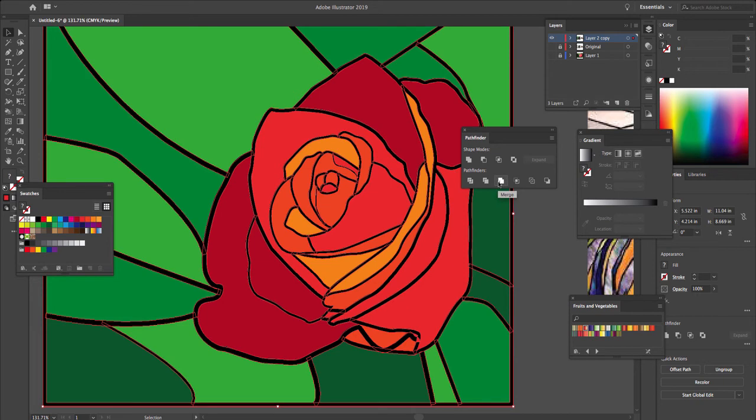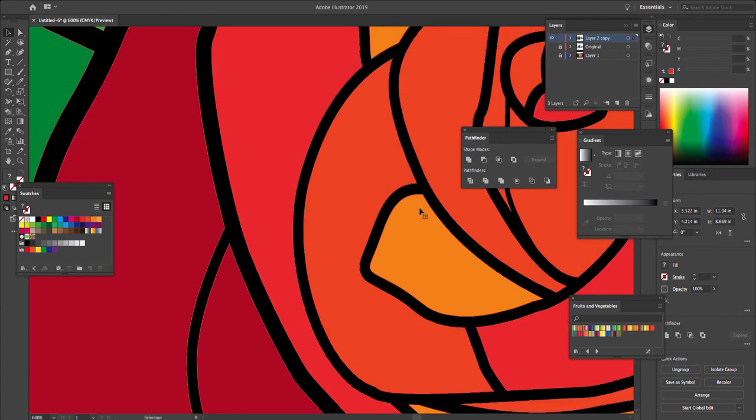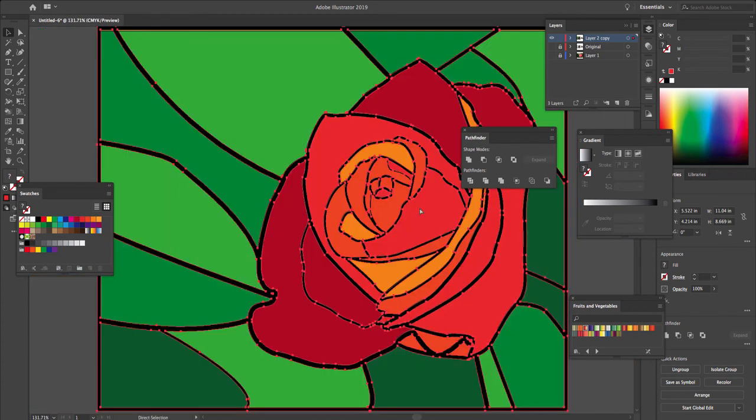Merging is going to unite all those separate segments into solid pieces so that we can easily grab and manipulate those individual shapes. So that's what I'm going to do here. I'm going to merge. You can see how it tidied up all those different little separate pieces. Really important step. Alrighty, now what I'm going to do, change to my direct selection tool,